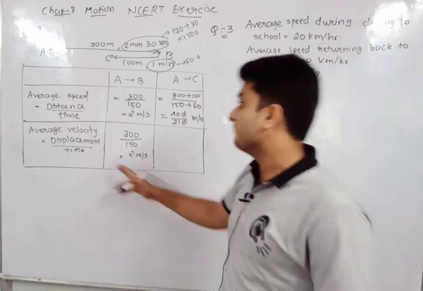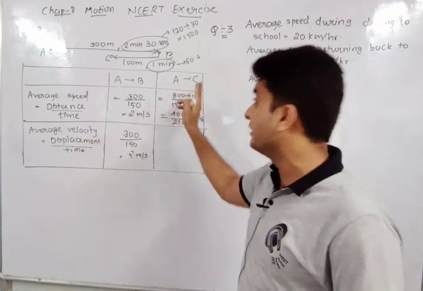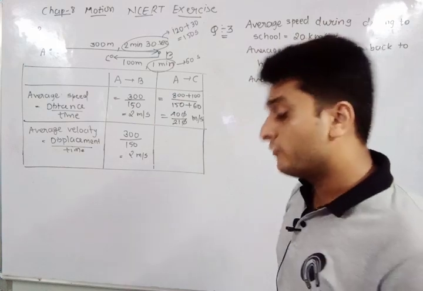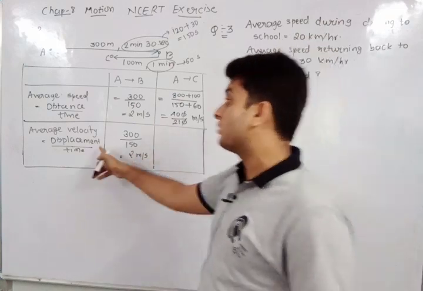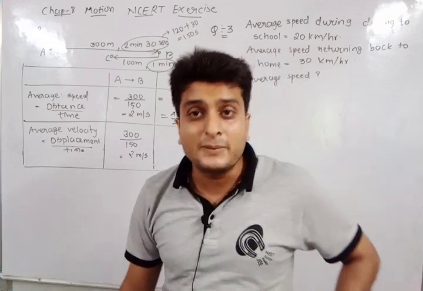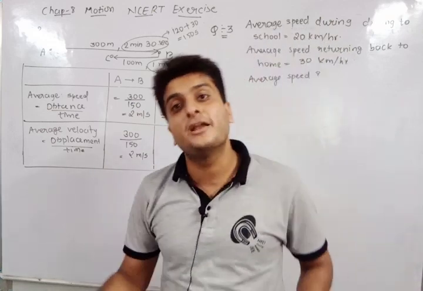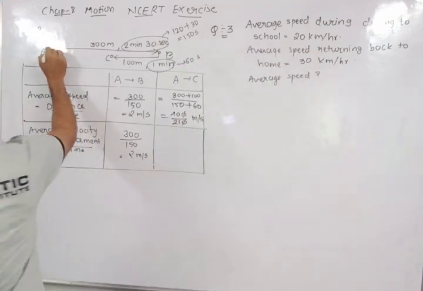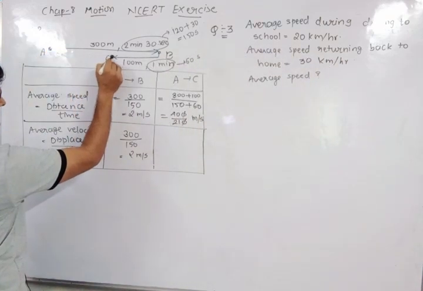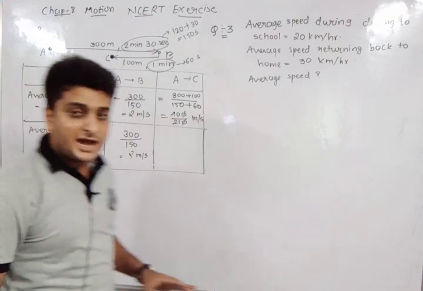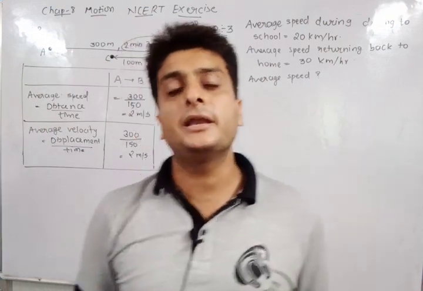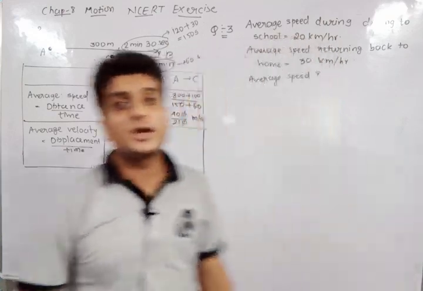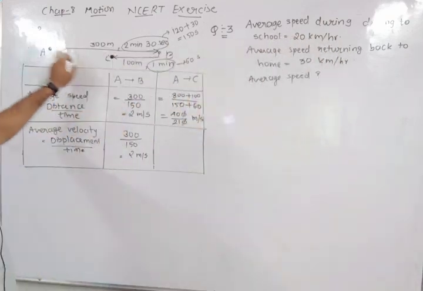Okay. Now let's find the average velocity for the journey A to C. When you find the average velocity, we require displacement, and in displacement we only require the initial and final position. Initial position is A and the final position is C. We will not see the entire path. When you find the displacement, you don't have to look at the whole path, only keep your eyes on the destination. Your final point is C, initial is A.